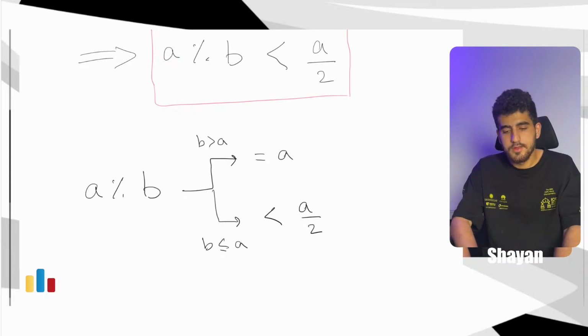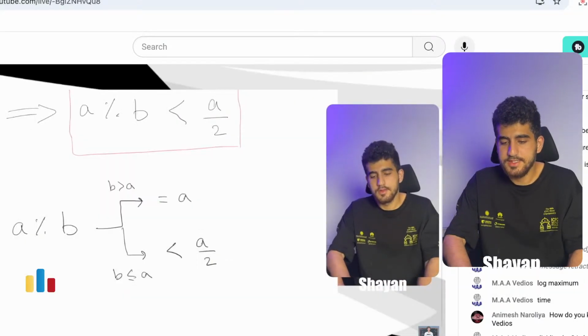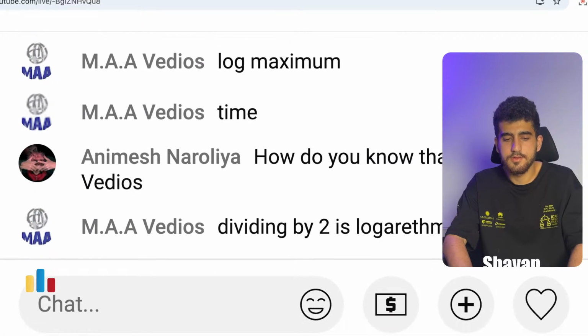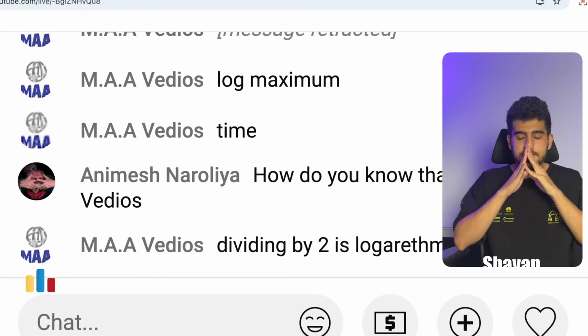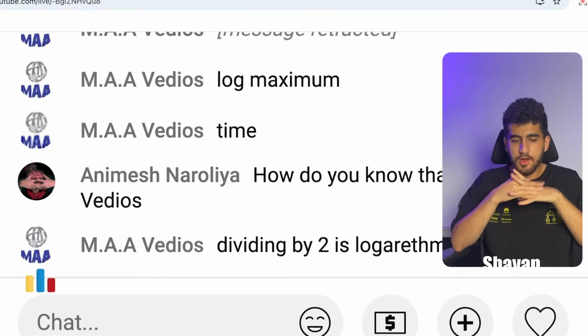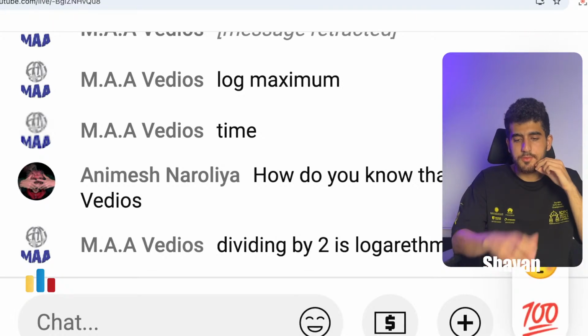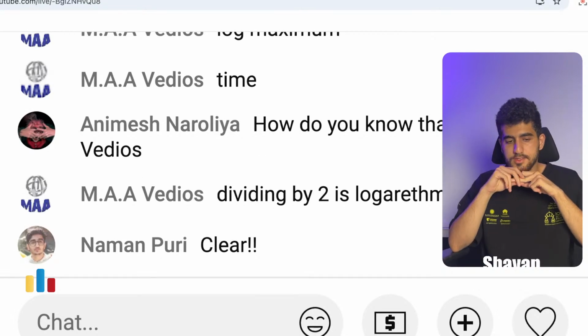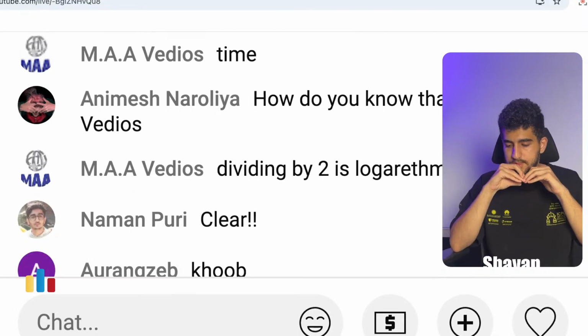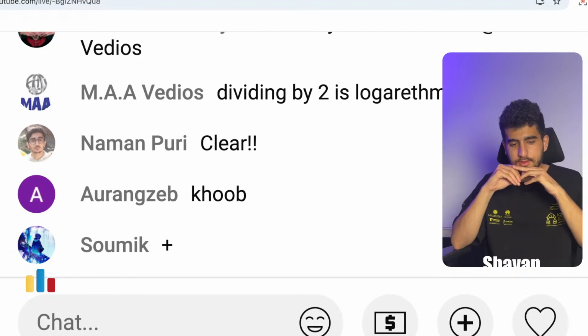So, is everything clear so far? Are you completely okay with this? If you completely understood it, put a plus or use this emoji. Otherwise, let me know to explain any part again. Nice.